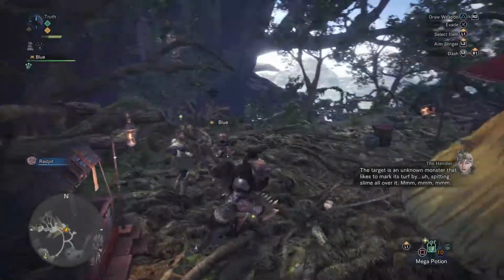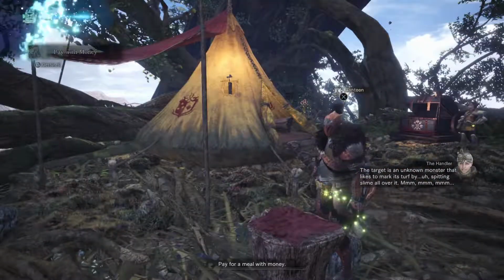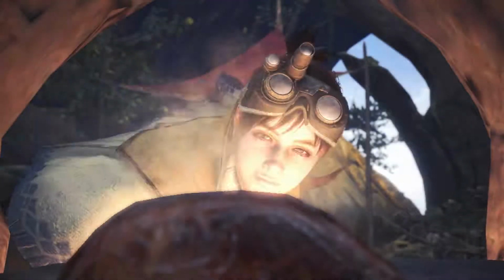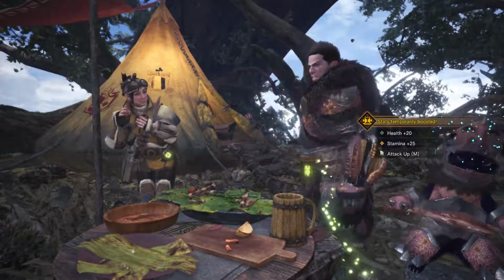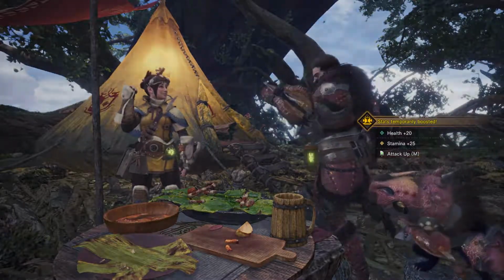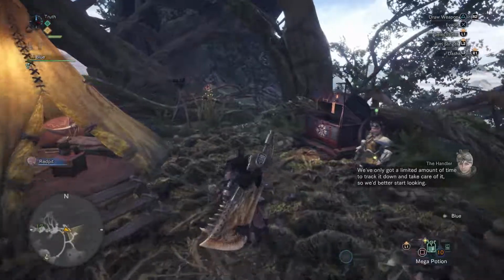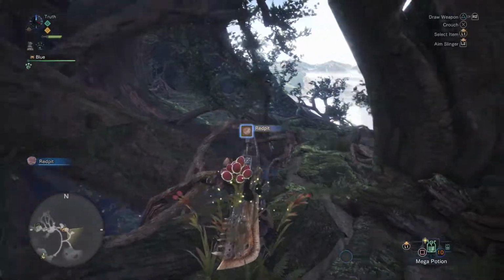The target is an unknown monster I think that I'm just gonna go likes to full mark its attack turf and just by, try and spitting. kill him quick. Yes! We've only got a limited Alright, amount so of time let's, to track before it down we and take fight care that of it. guy, let's So we check better out start looking. well those so we can get some